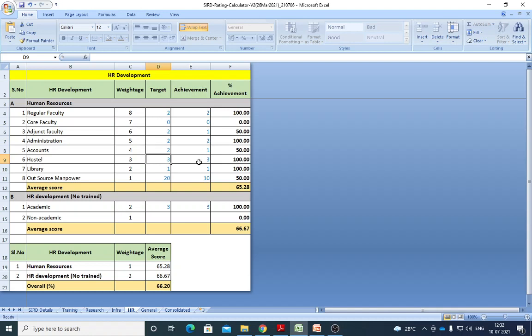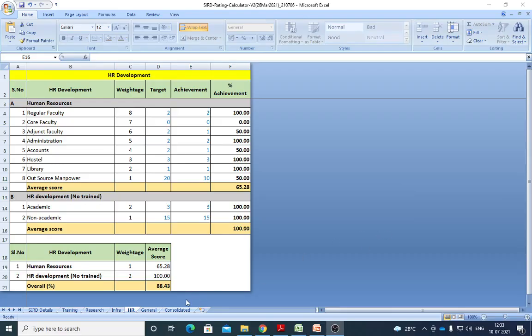So how many people are over here? 2, 1, 3. 3 plus 3 is 6 and the library 1 is 7, and also this is 17 people, but I could not spend for them, so 15 I targeted and approved for development, I mean training program for those people, orientation, whatever it is, I could complete them. Like this you have to fill the HR information also.